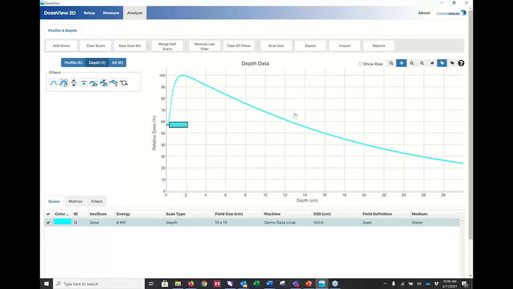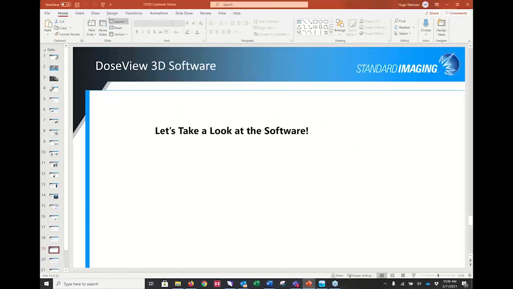Like I said, I just wanted to give you an overview today, show you some of the tools, show you how easy the software is to use and run through to get your scans, do your analysis, and things like that. Some of the points on the hardware as well. Let me kind of jump back into